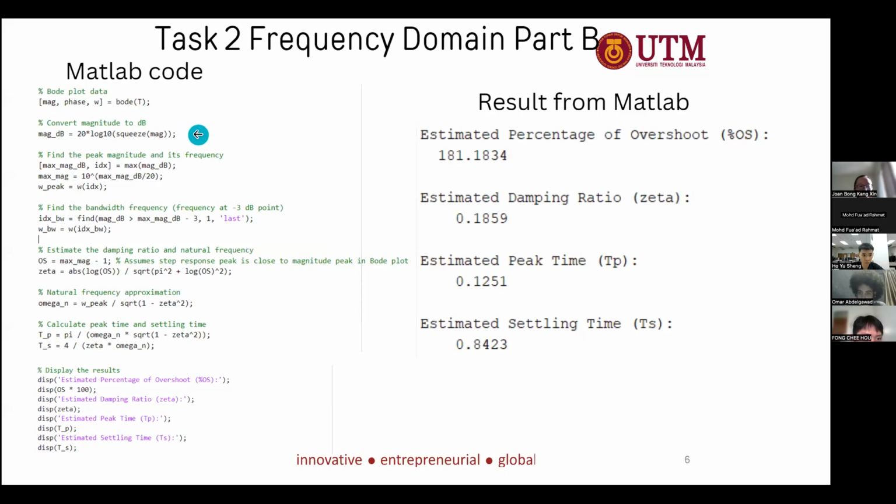Is... I don't know. Okay, not continue. Sure. Continue. Then